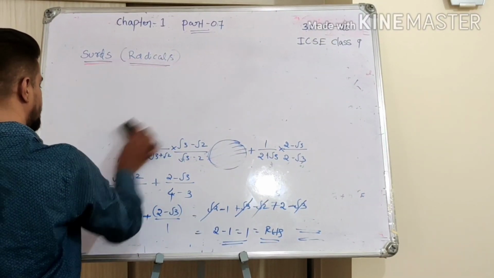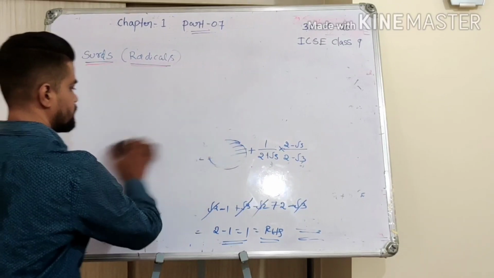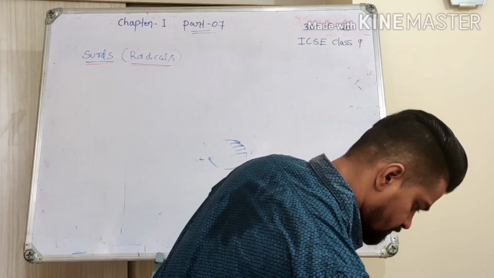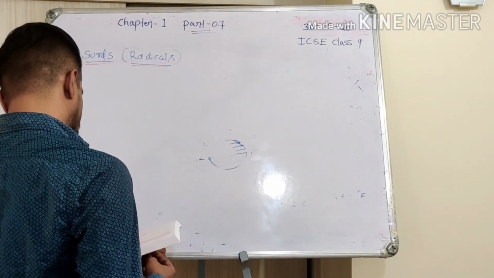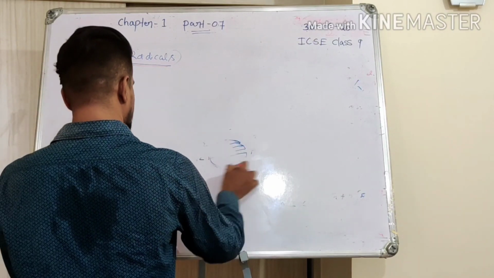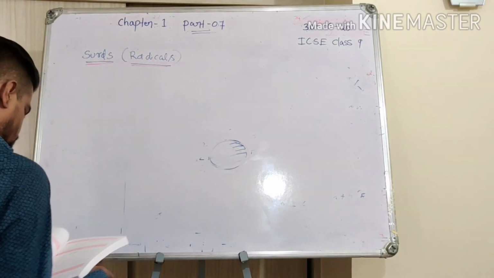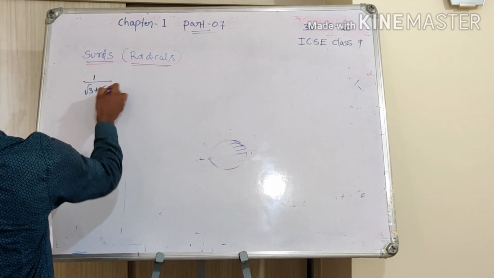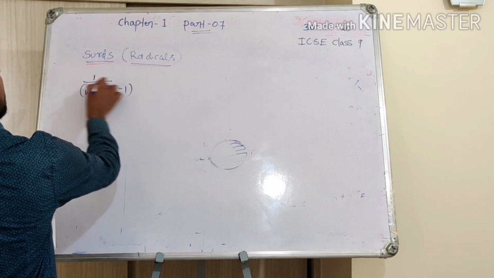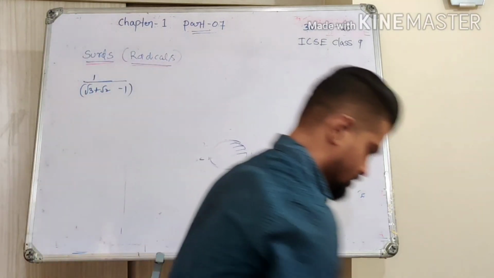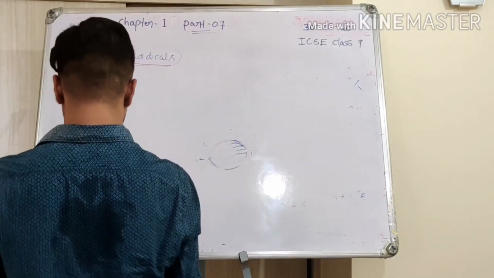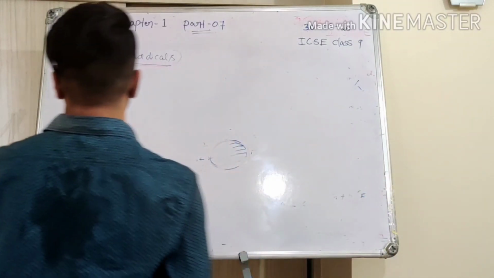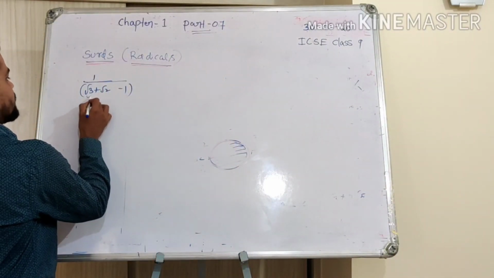So we have one more important example to discuss. So rationalize the denominator of this. We need to rationalize the denominator of this number. So 1 by root 3 plus root 2 minus 1. This has to be rationalized in the denominator. To make it rational in the denominator, at the end of this process, we need to get a rational number at the denominator. So here, which is the irrational part? This is irrational part, this is rational part.